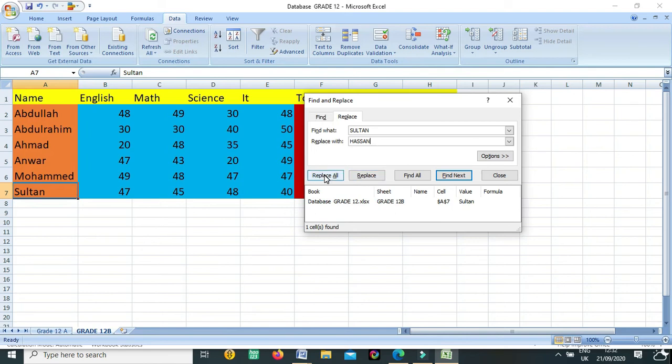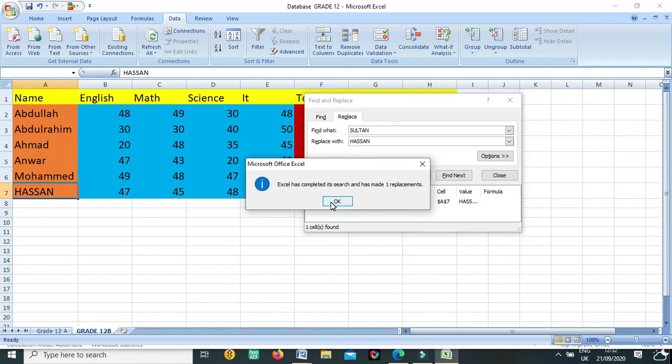If you press replace, only this cell will be changed. If you have 10 Sultans in your database and you click on replace, the other Sultans will not change, only this Sultan will change. But if you click on replace all, all the Sultans in your database will change into Hassan.